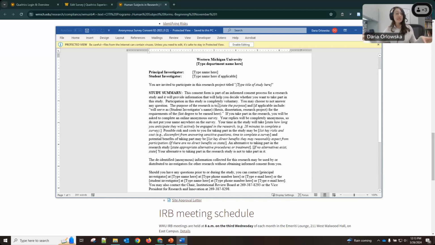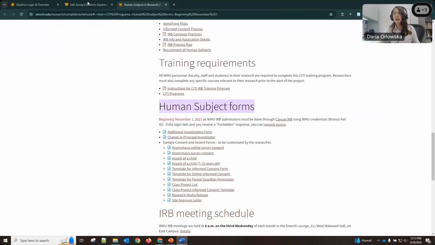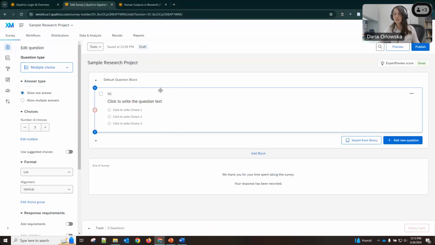So we have this consent form, you filled it in, and now we need to actually put it within Qualtrics, right? So we can do that. I'm going to move this out of the way by navigating back to Qualtrics and starting off with this first block. The way that Qualtrics is structured is that you have the title of your project. If you click on this, you can rename what your project is called. And then you have blocks.